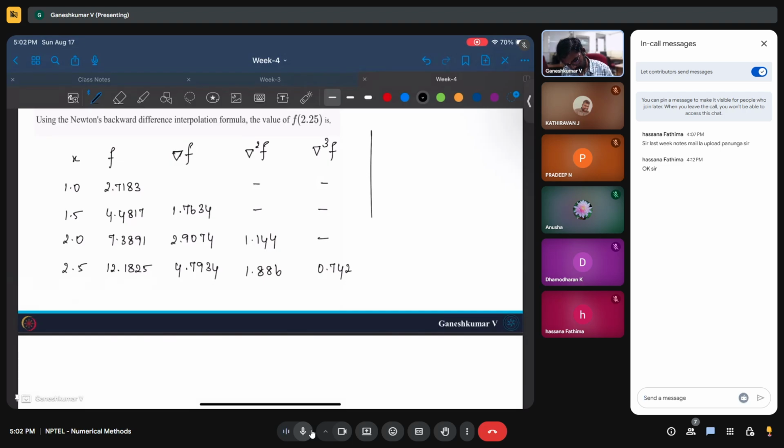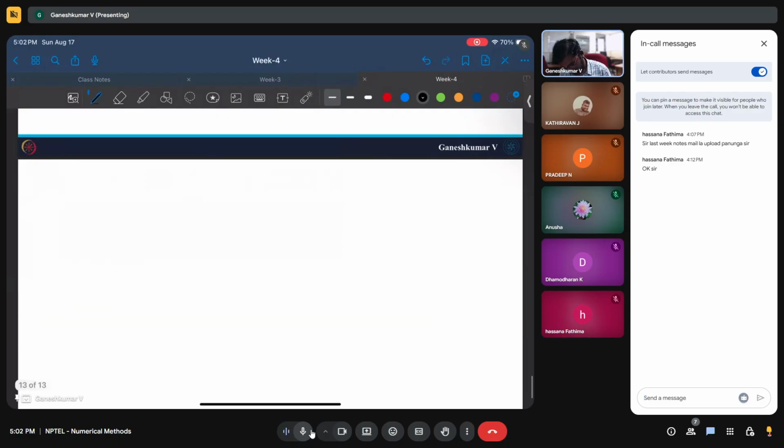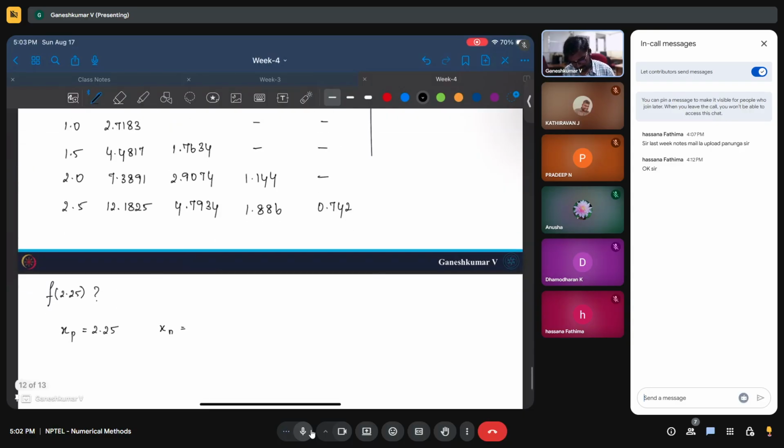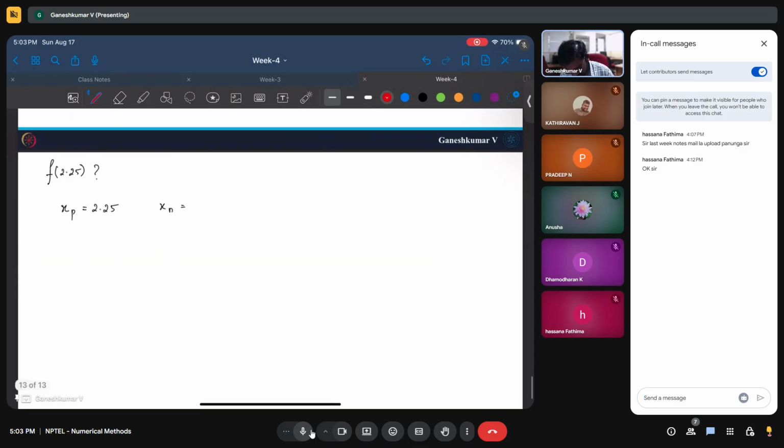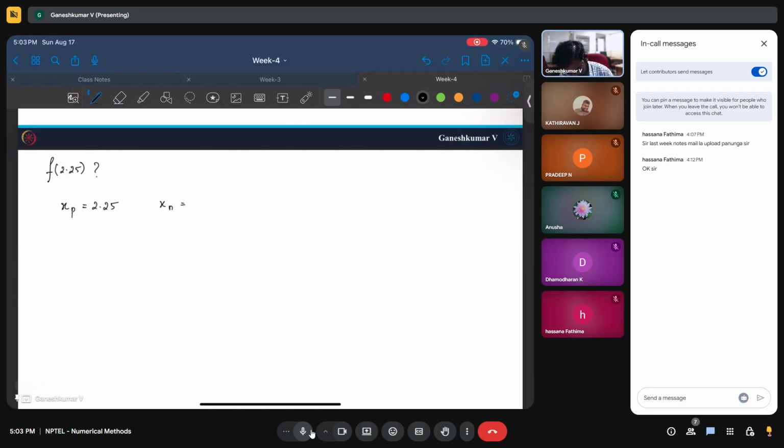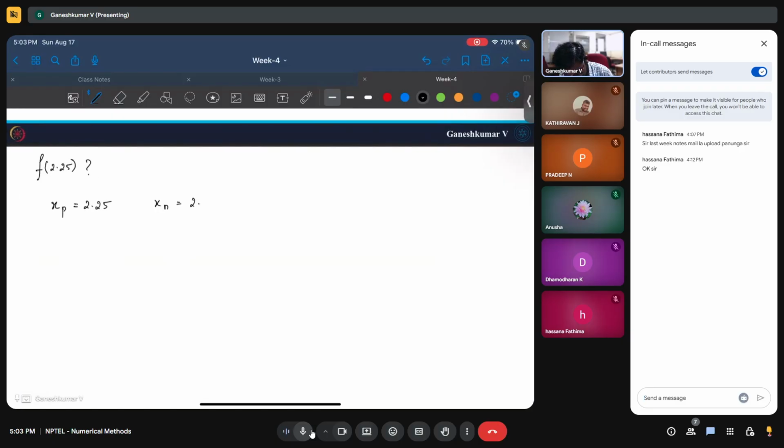All right. So once you find this table, what we are asked to find is f of 2.25. So you can take xp to be 2.25, and xn. So this is a backward difference. So you have xn, you can take it to be 2.5. Okay. So there is no other option. You have to take 2.5. You cannot take 2 in this case. So let me show you why that is the case. So xn, if you take 2.5,